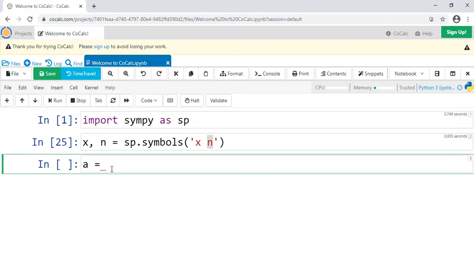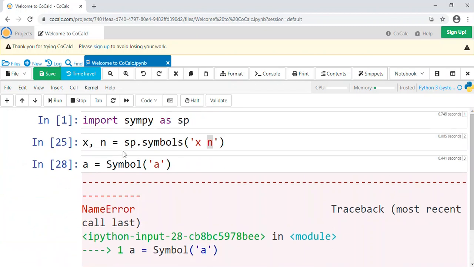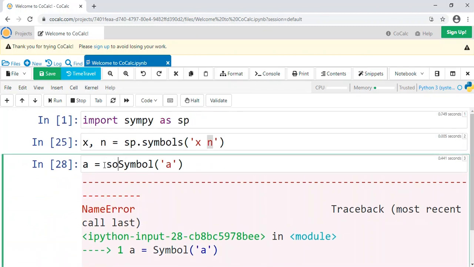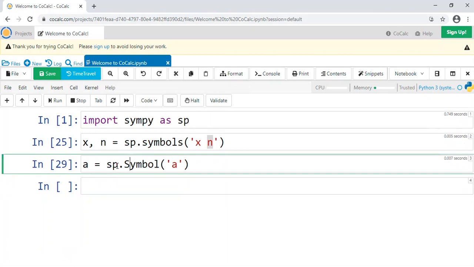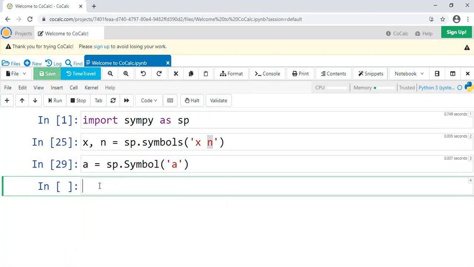Let's do a equals symbol with a capital S. A, okay, and that's kind of a good way to do a symbol one at a time. And now I have, well, sp dot symbol A. Okay, A equals sp dot symbol with a capital S, parentheses, quotes, A. Okay, and so now we have A at our disposal.